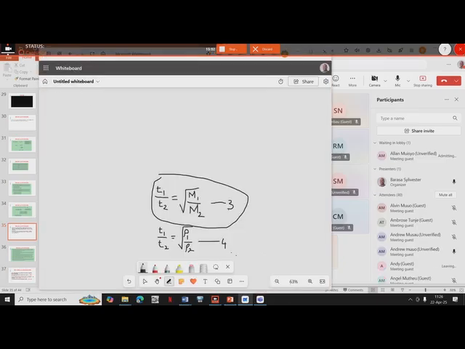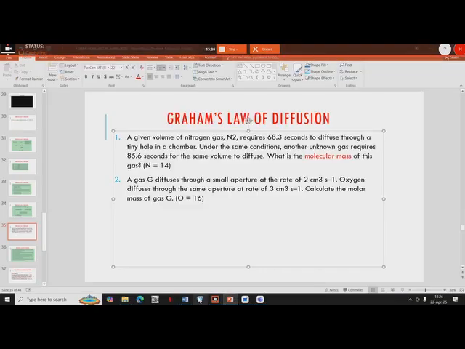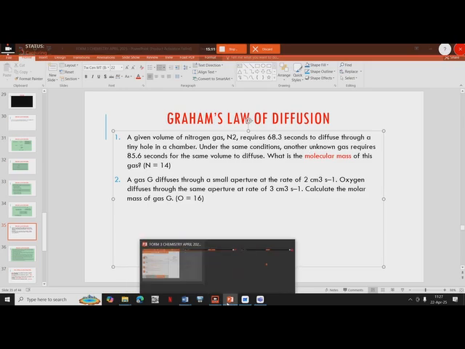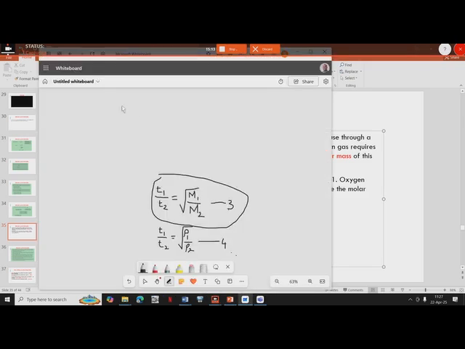68.3. I don't know why somebody should log in late. Okay. T1, 68.3 and 85.6. So 68.3, like this, divided by